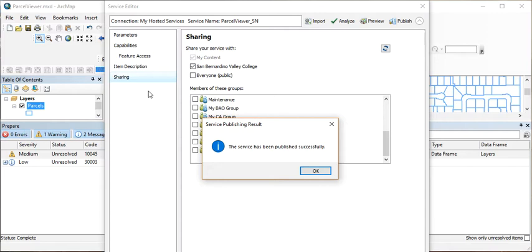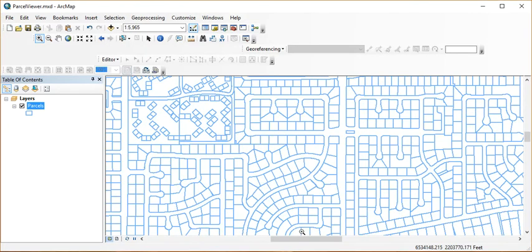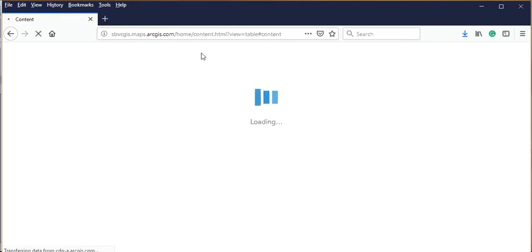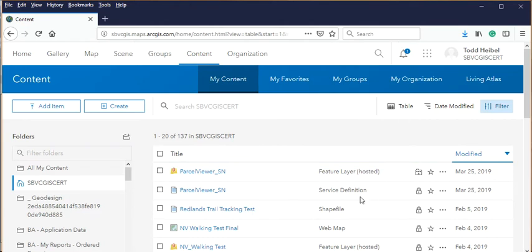So now here you can see my data is published, and once it's published, that data will be in ArcGIS Online. So now here is my ArcGIS Online. I've logged in. Now you can see if I go to my content, the data we just published is now sitting over here. It has moved all the parcels from ArcMap onto ArcGIS Online. So here, if I click on this data,